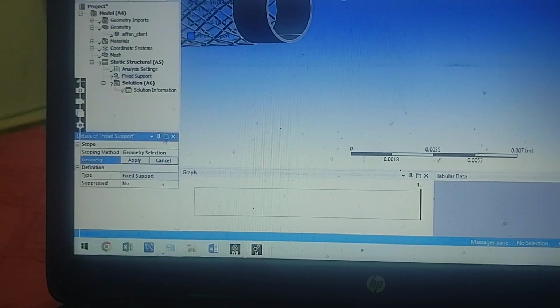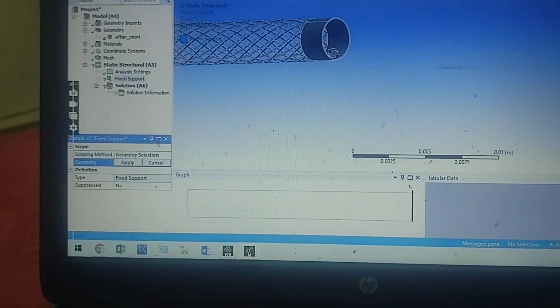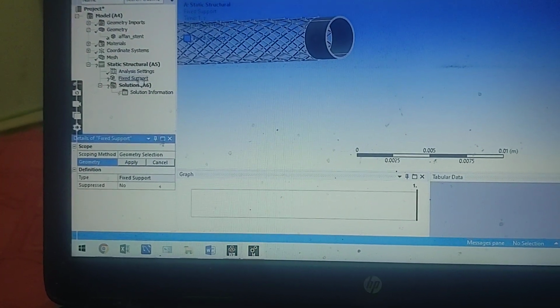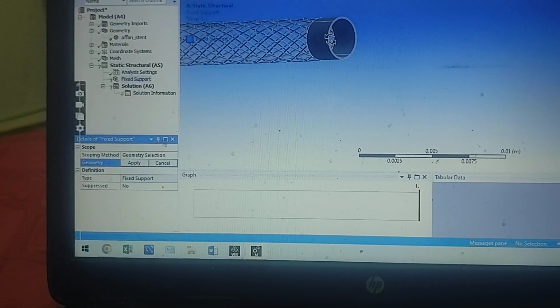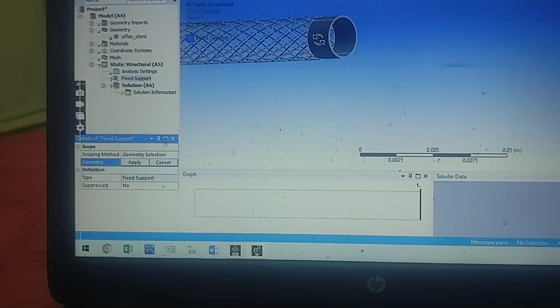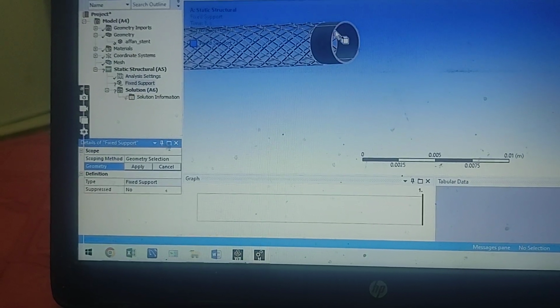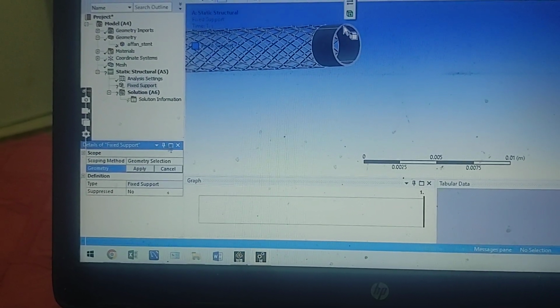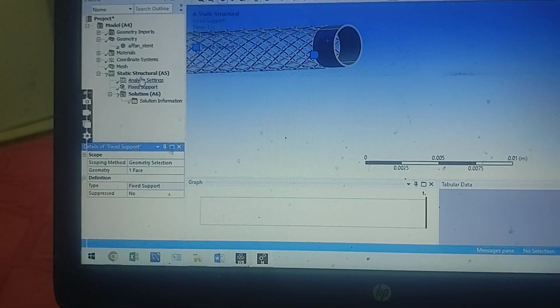This is a basic simulation. My mouse is not capturing any face. I click Fixed Support but cannot apply it to any face; ANSYS does not allow me. Go to mode, single select. Now you can select any face for this fixed support, and then go to